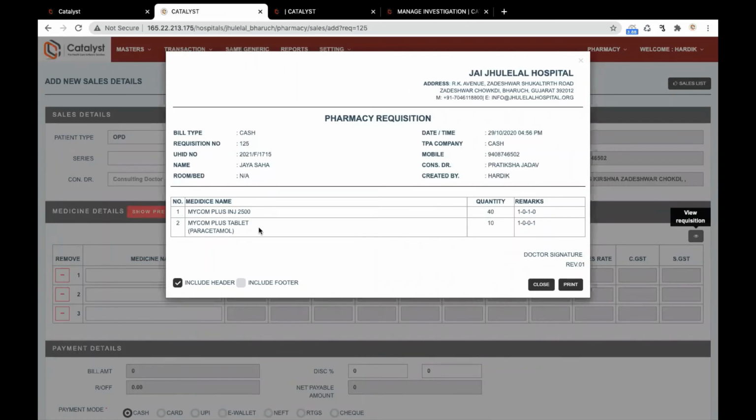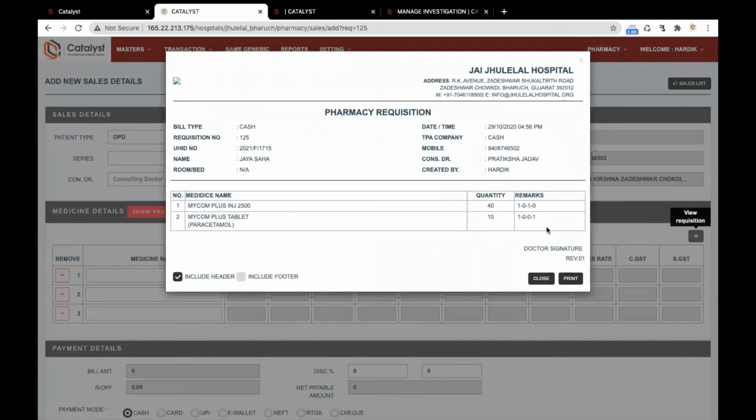They don't get every detail, but they get what they want: how much quantity we have to give and what the dose will be. This is the requisition seen by pharmacy. Okay, clear.